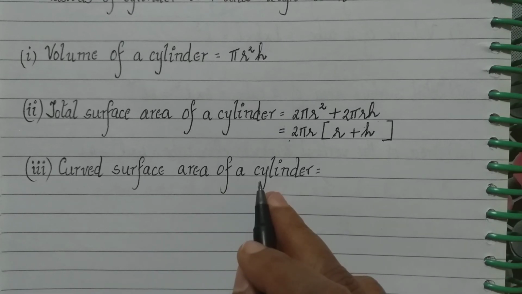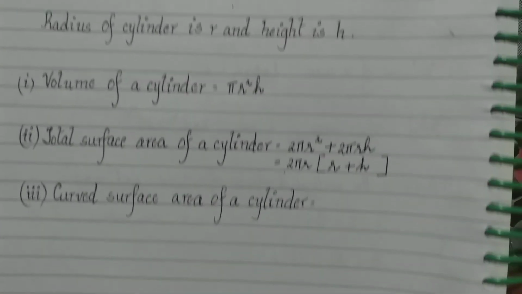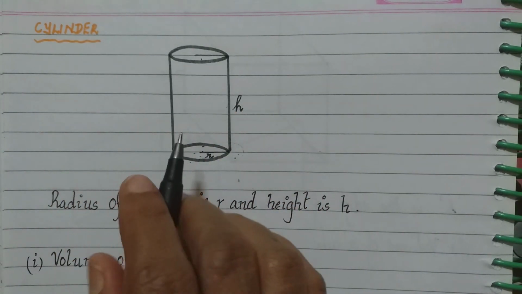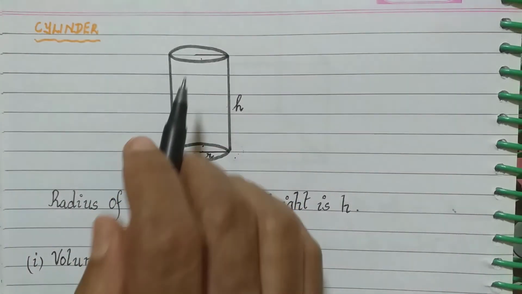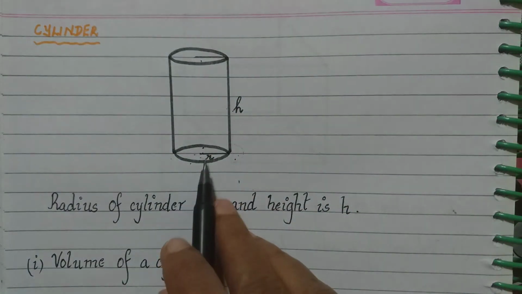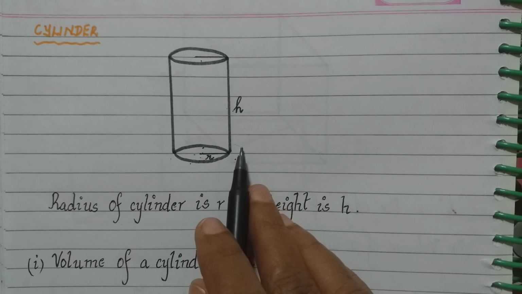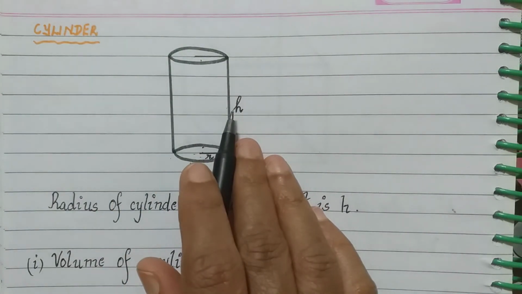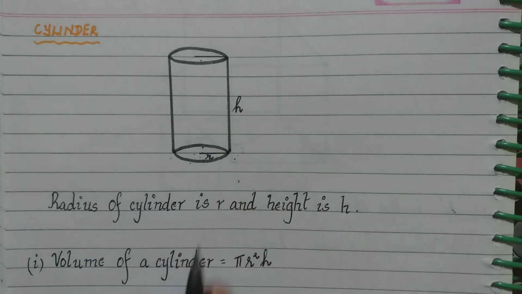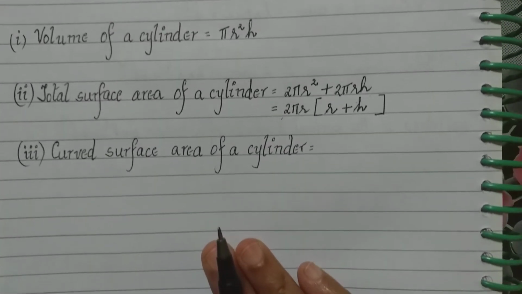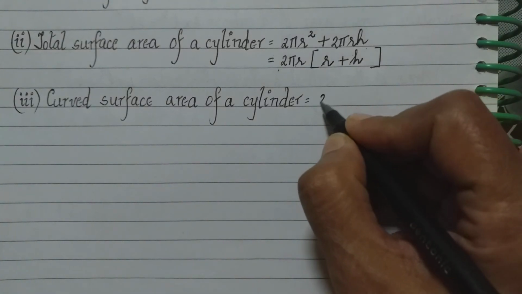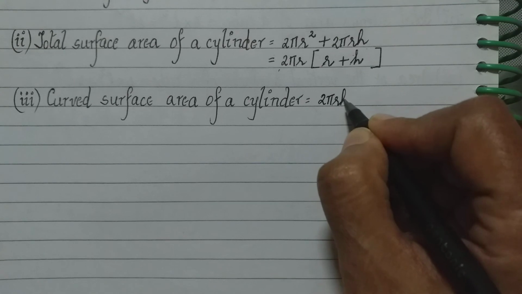Now coming to the curved surface area of a cylinder. What is the curved surface area of a cylinder? First of all, this is a cylinder, so it is curved all around. Now we are talking about only this surface area, not the surfaces on top and bottom. The top and bottom together are pi r square plus pi r square, which is 2 pi r square. So what is left now of the area of the cylinder? 2 pi r, which is the circumference, into the height, which is h, that is 2 pi r h. Therefore the curved surface area of a cylinder is given by the formula 2 pi r h.